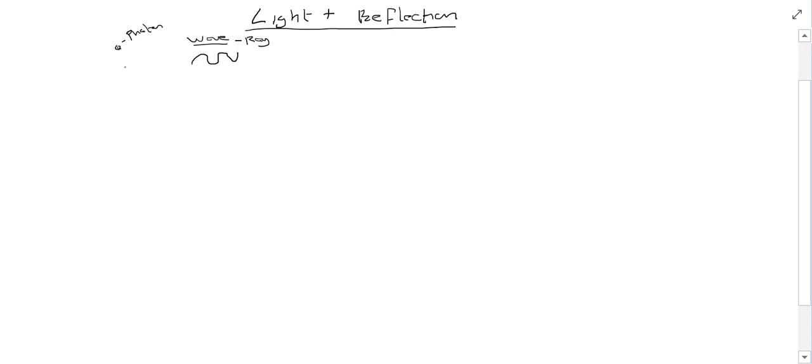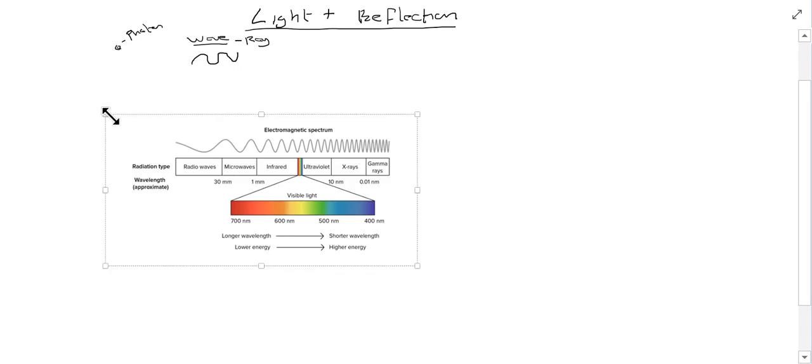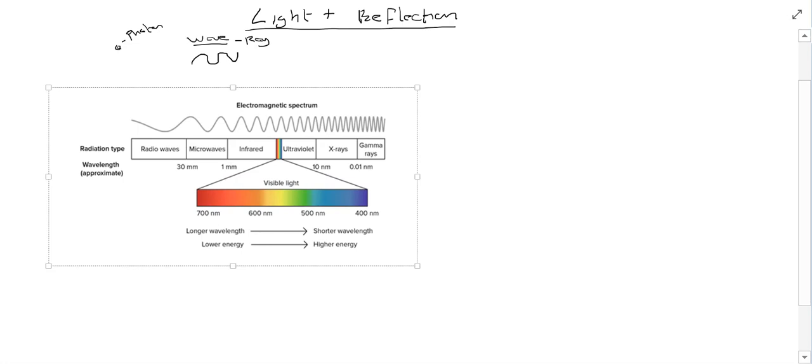Now, from a scientific point of view, light is what's called electromagnetic radiation. So what we have is something like this. This is what's known as the electromagnetic spectrum. All that really means is, if we have a look here, we can see that all of this electromagnetic radiation, when we look at it as a wave, you have your wave,